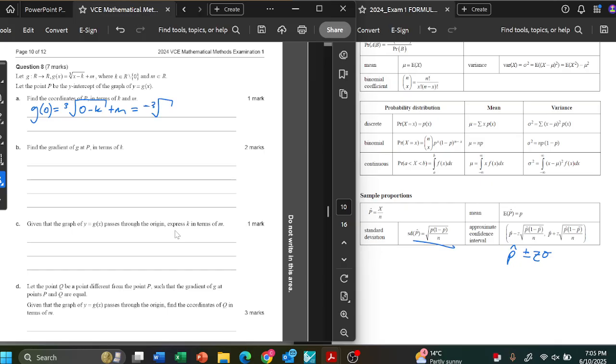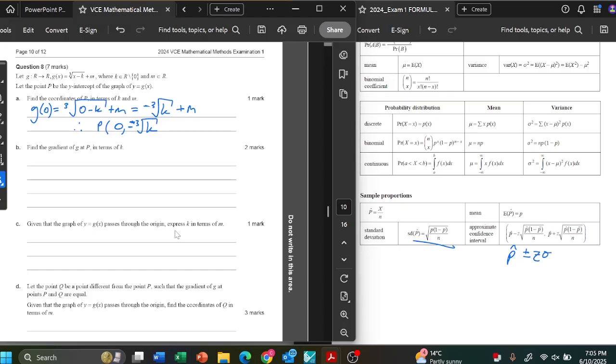So that's going to be negative cube root of k plus m. And that's basically all we need to do. So therefore, p has the coordinates 0, negative cube root,